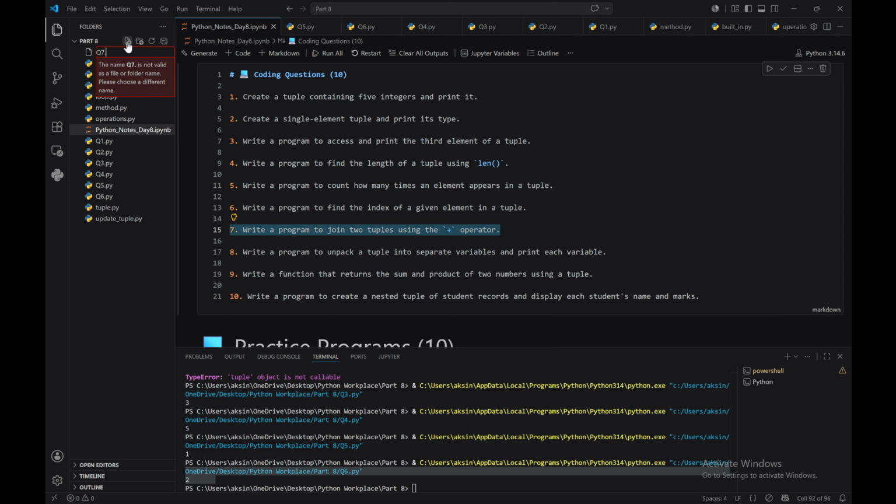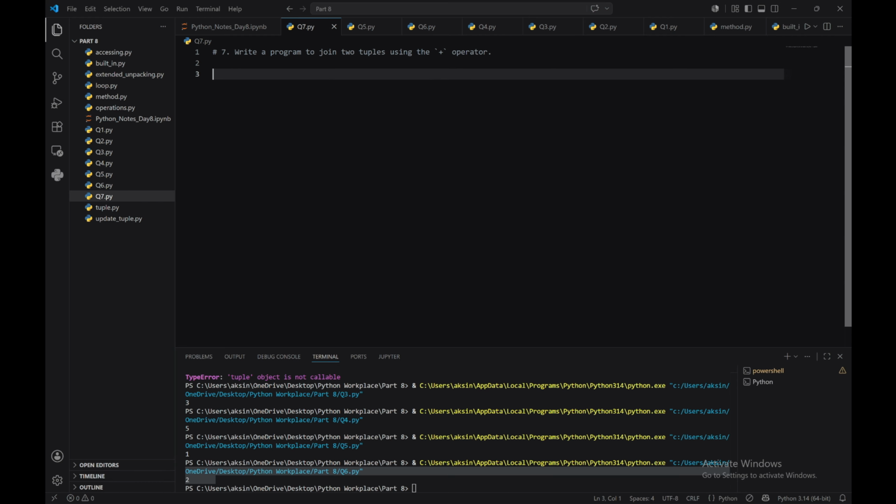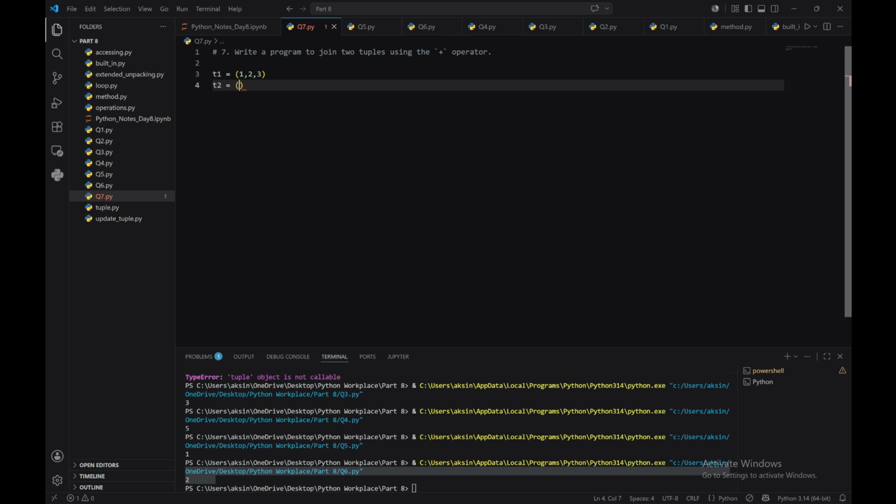Question 7.py. Write a program to join two tuples using plus operator. So we will take t1 equals to 1 2 3, and for t2 equals to 4 5 6. After that,